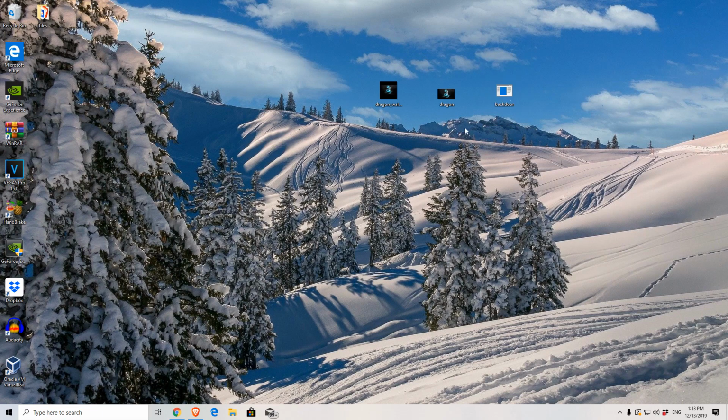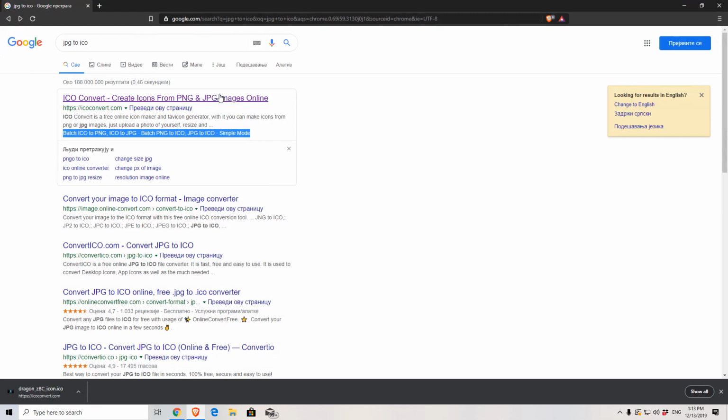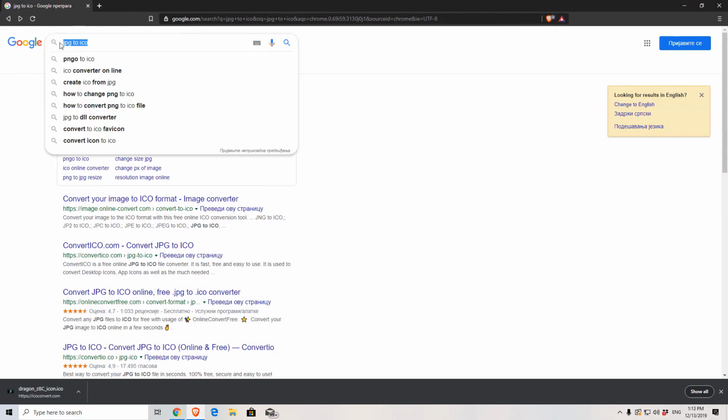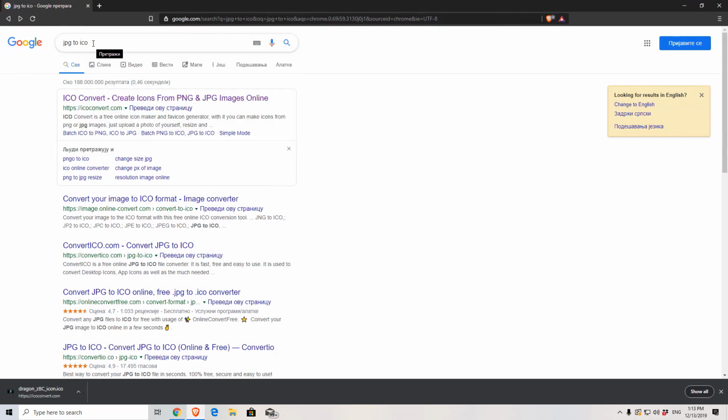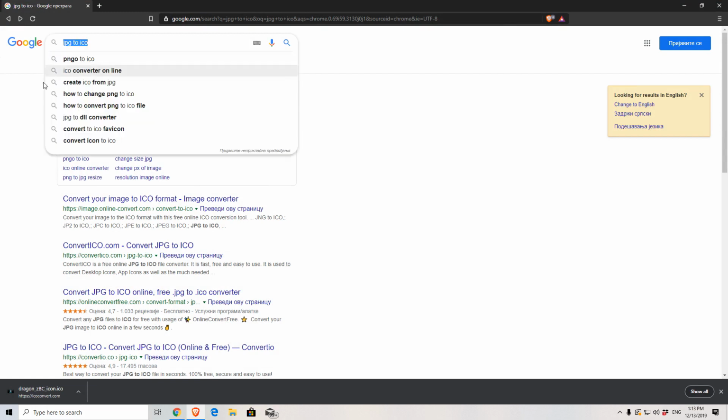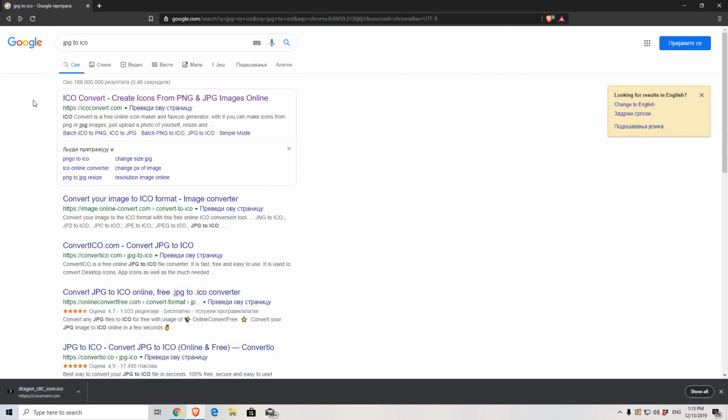Well, you're going to need an image, whether it is an image that is already on your computer or one that you download from the internet, it doesn't matter. Make sure that you get an image, whether it is JPEG or PNG. Once you picked your image, go to your browser, go to your search bar and type in JPEG to ICO. It doesn't matter if your image is PNG, you still want to type this. Once the search results are ready, go to the first link, which is